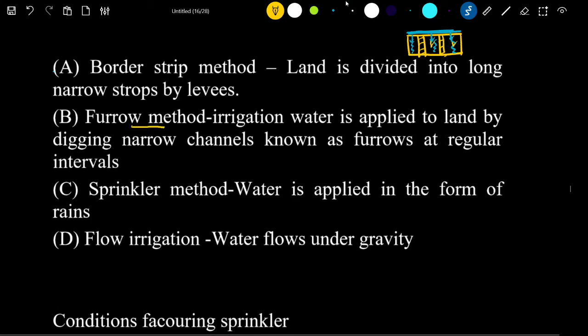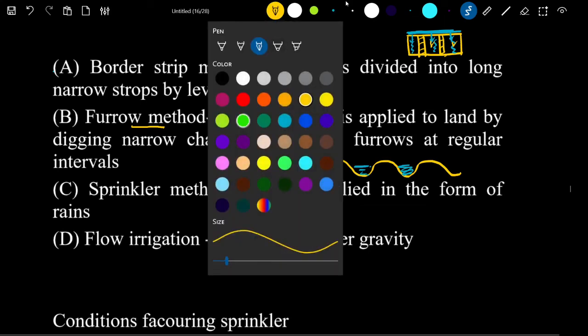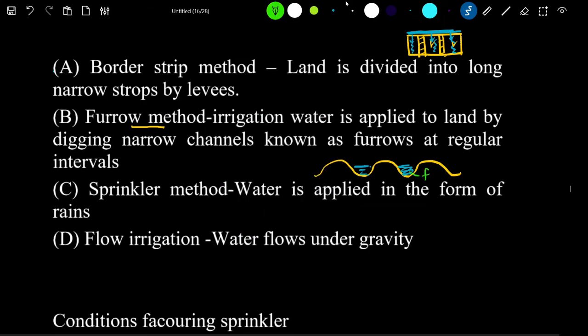The next one is the furrow method. In the furrow method, what happens is that we divide the whole land into a number of small grooves called furrows. Here the valley portion is what you call a furrow, where the water is fed, and on the ridges we cultivate the plants, and these plants get water through lateral percolation. Now in the